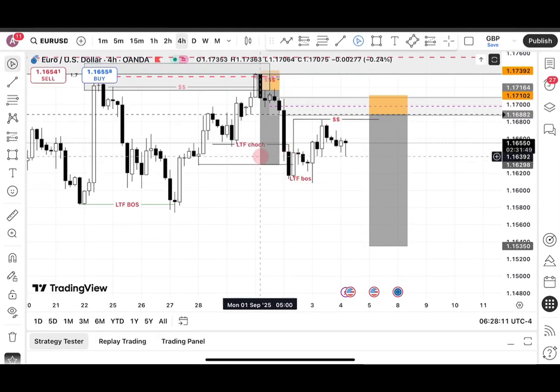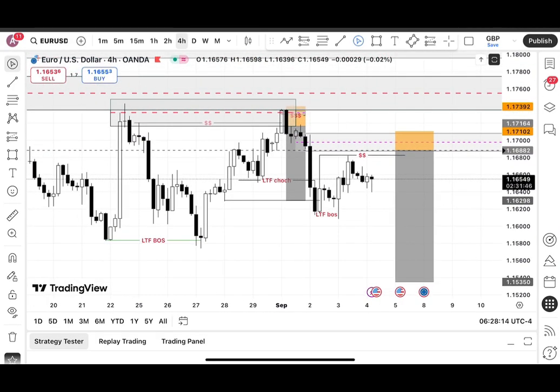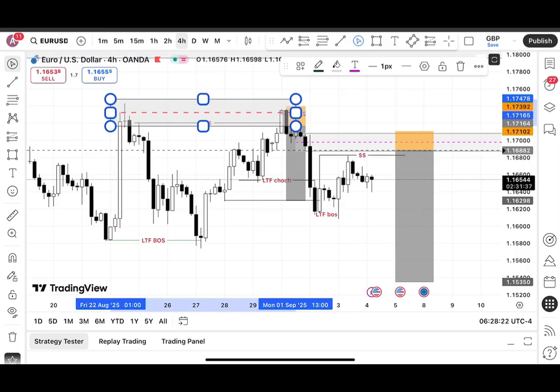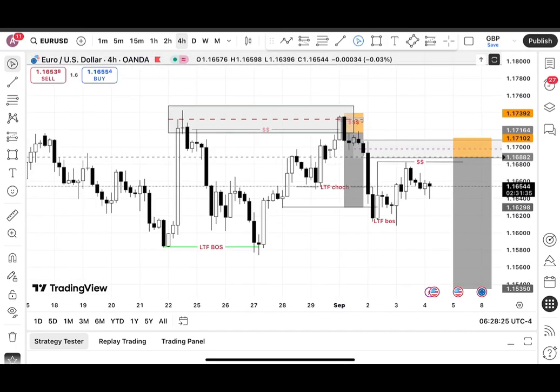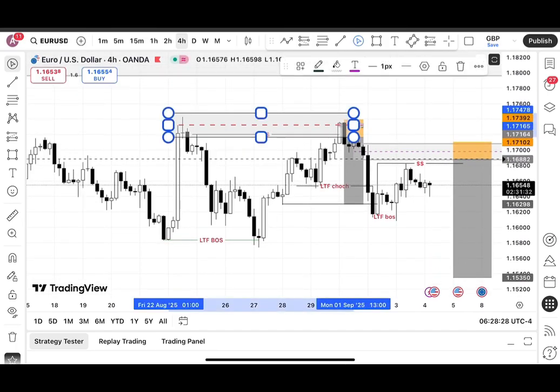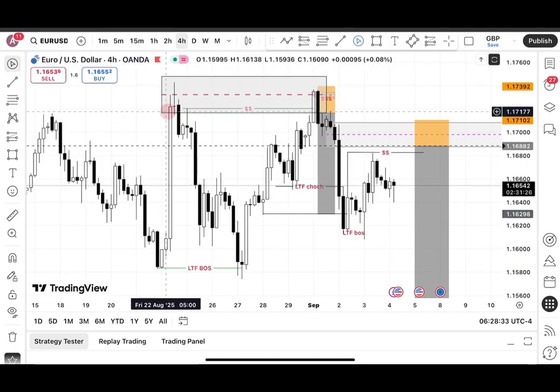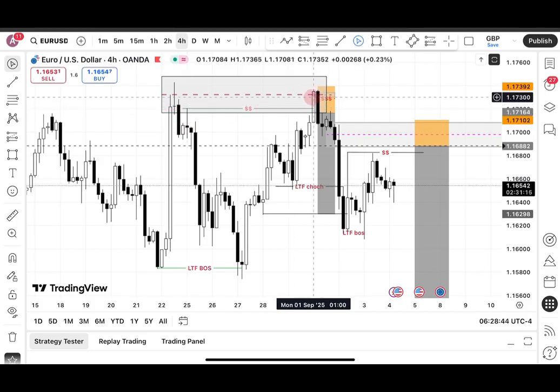Then we are at the 4-hour time frame. As you can see, there's another unmitigated supply at the 4-hour time frame. So I mapped it out and waited. There is also the available liquidity around this area, which the market swept to mitigate this long order block. And after it mitigated the order block, the market quickly shot down, which gives us one of the confirmations with this